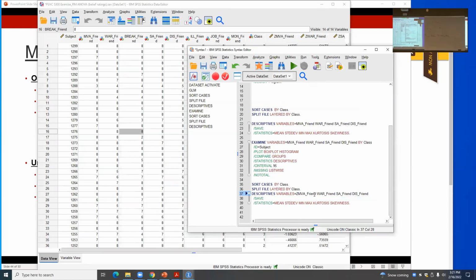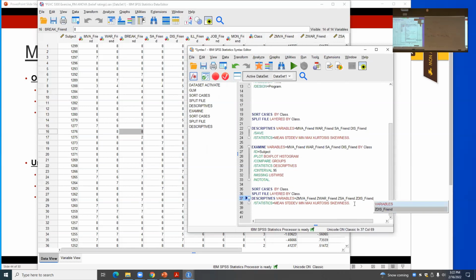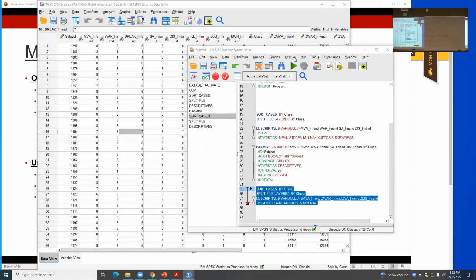I'm going to put a Z in front of each one of these. What am I doing here? What do you think, Basha? Look at my Z scores, right? And I don't need skew kurtosis on my Z scores. Okay, I'm going to run this